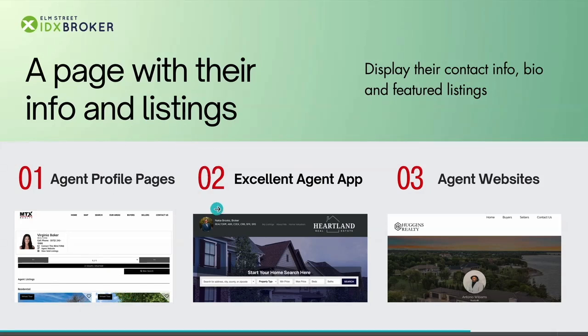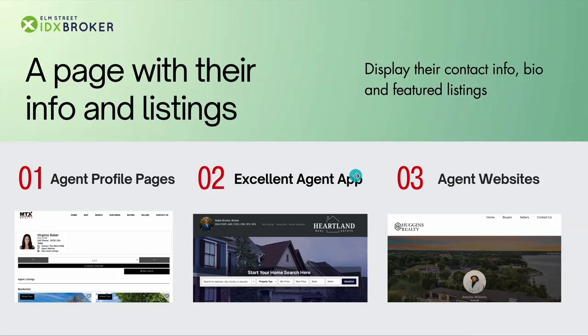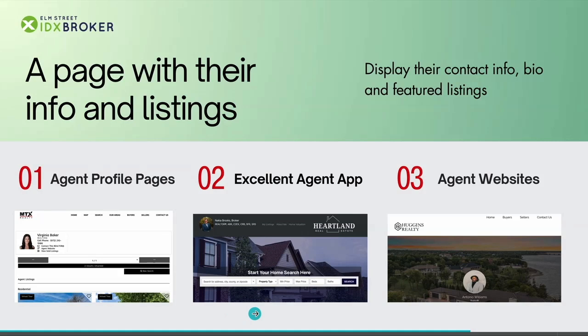For option number two, we have the Excellent Agent app, which is an app created by RealtyCandy that you can find in IDX add-ons. What this app does is it will still be a page like this one in the main brokerage website. However, it will have a header, a wallpaper, like a hero image like this, and a search bar. With this search bar, people can go to the agent page and actually search for anything else, right? And below, we will find the agent's featured listings,